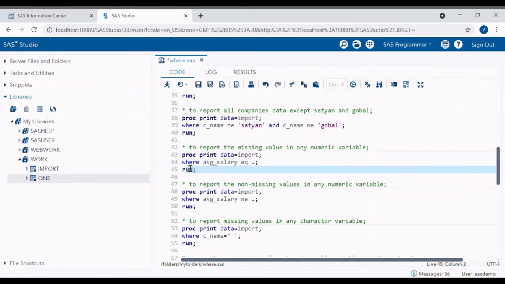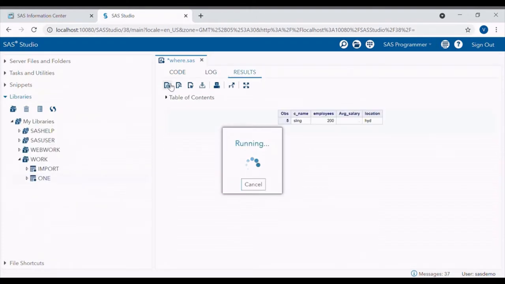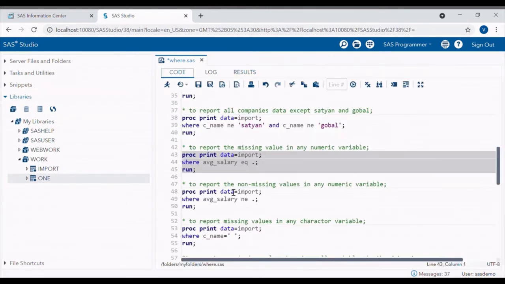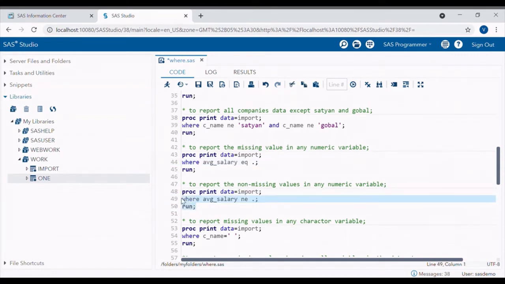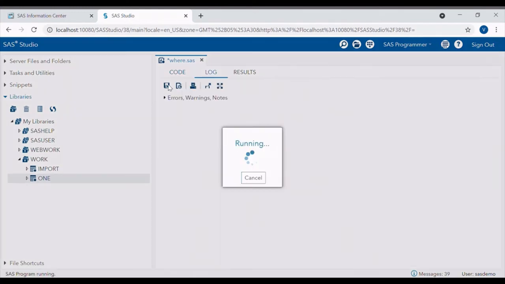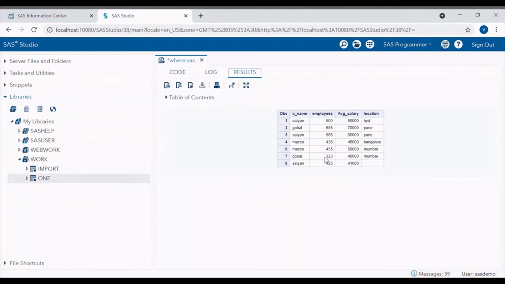When we run it, we will get the required subset where average salary is missing. To report the non-missing values in any numeric variable, we will simply use not equal to instead of equal to. When we run it, we will get the non-missing values in average salary.